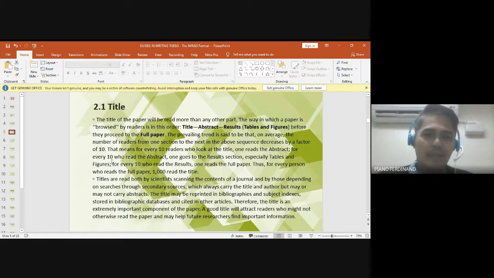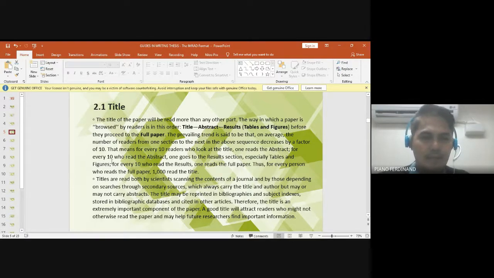That means for every 10 readers who look at the title, one reads the abstract. For every 10 who read the abstract, one goes to the result section. Okay? So on and so forth. Now just to make it simple, may 100 researchers na nakabasa ng isang title or nakakita ng isang research at tiningnan yung title, 10 from them,